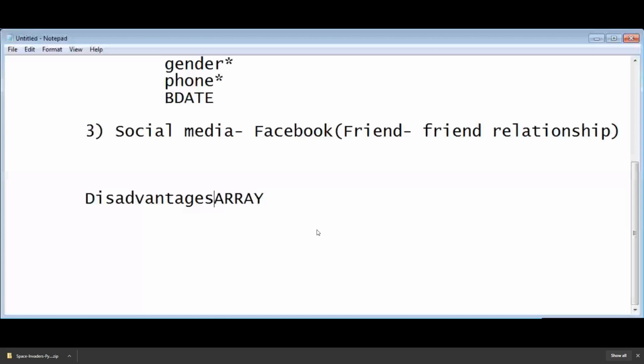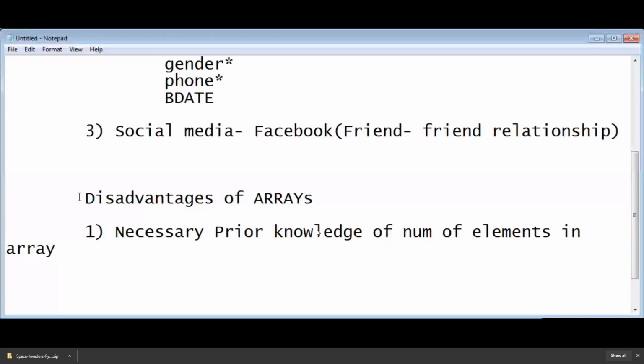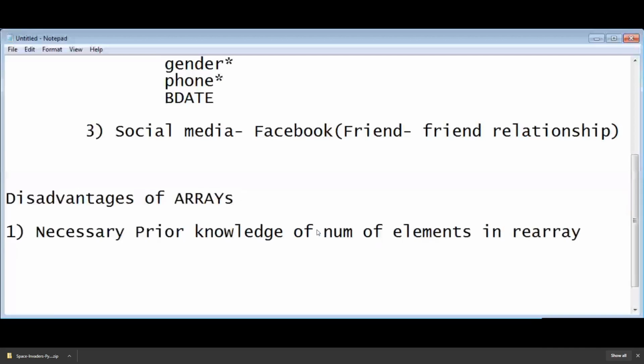Disadvantages of arrays. The disadvantage is there must be prior knowledge, necessary prior knowledge of the number of elements required in the array.